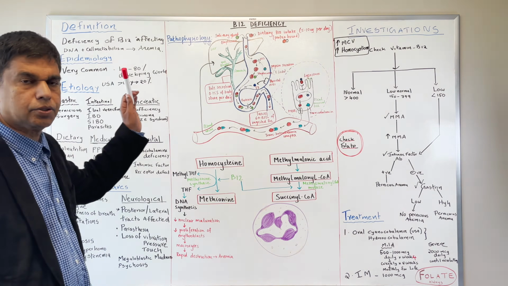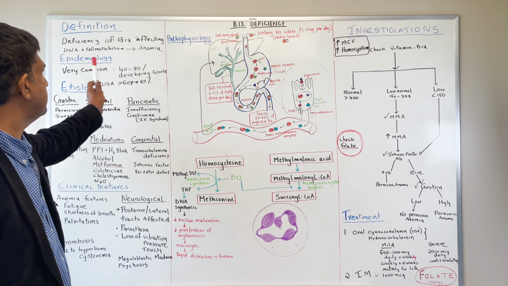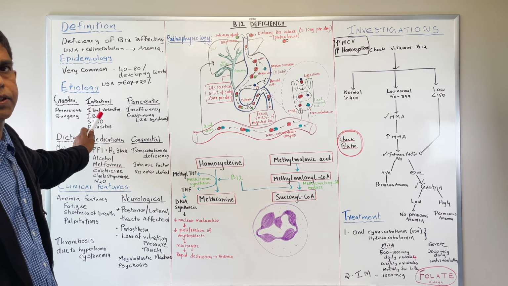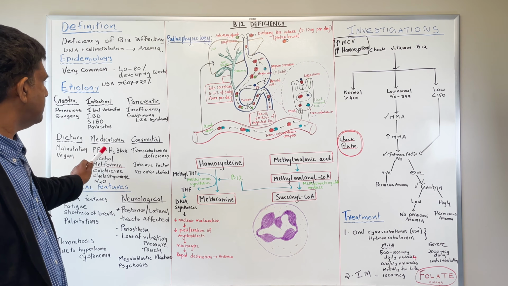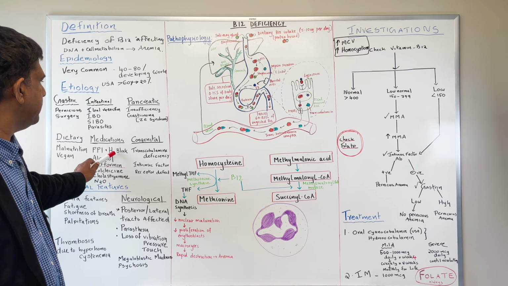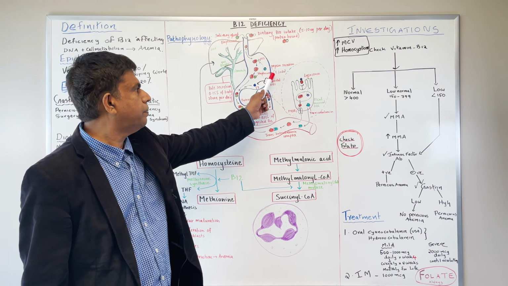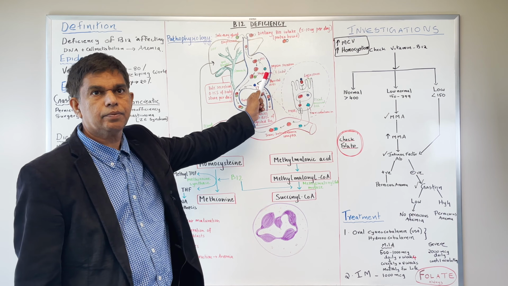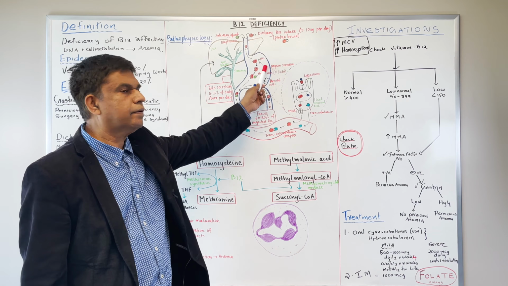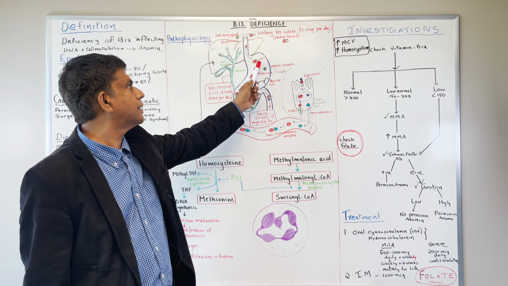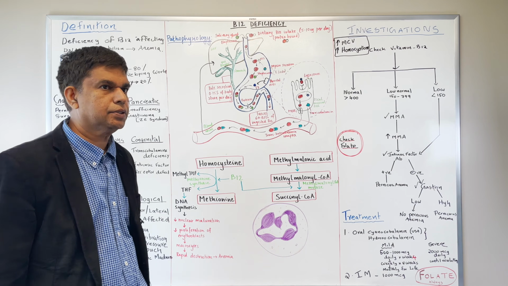I'm going to summarize one more time, just a little bit fast. We talked about the definition, the causes: gastric, intestinal, and dietary modification. One word about the medications, PPI and H2 blocker. Where do they work? They work over here: pepsinogen is converted into pepsin. If this is interrupted, you cannot cleave the protein from here. That's where the vitamin B12 deficiency happens.